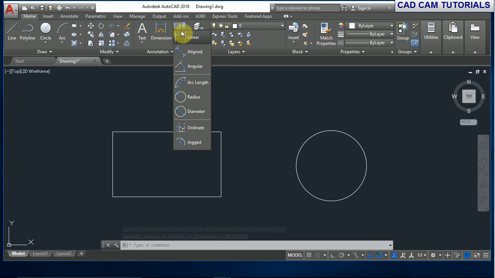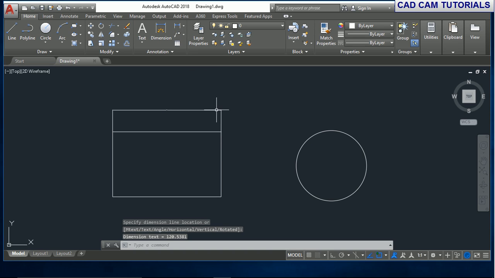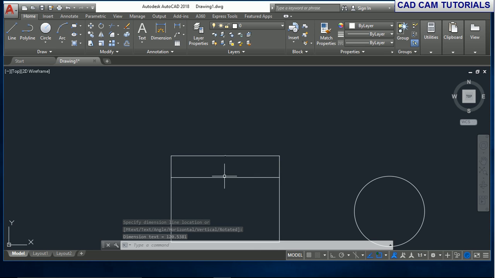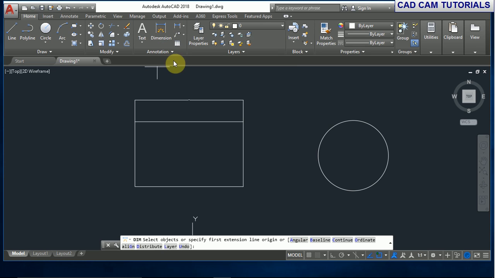For a linear dimension, we first select this point and then this point, and then this is the dimension. The dimension size is very short. Now let's change the dimension style. For changing the dimension style, we take this, annotate, dimension style,